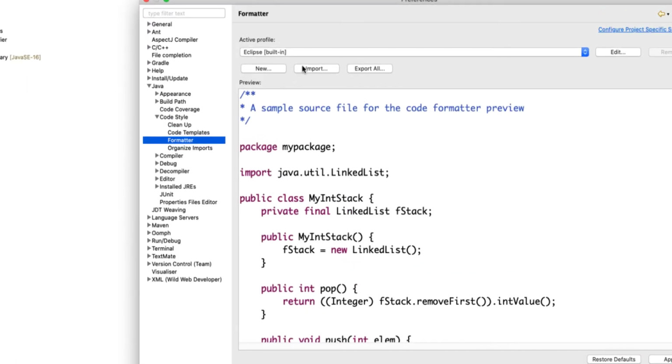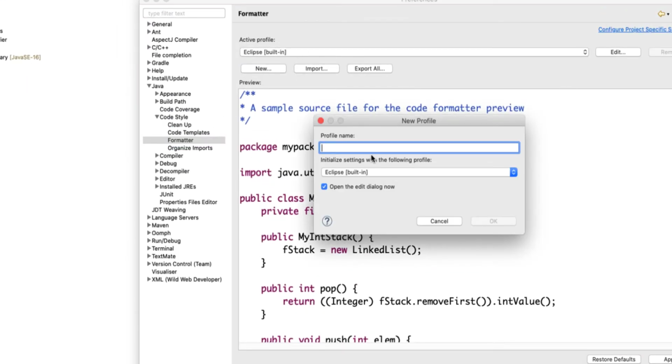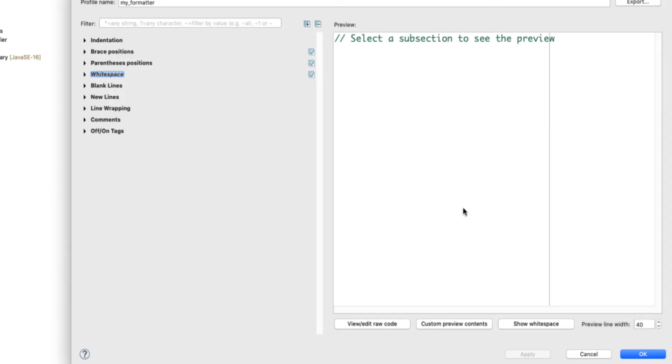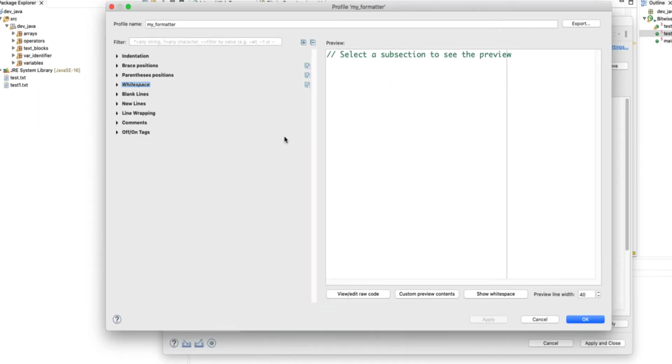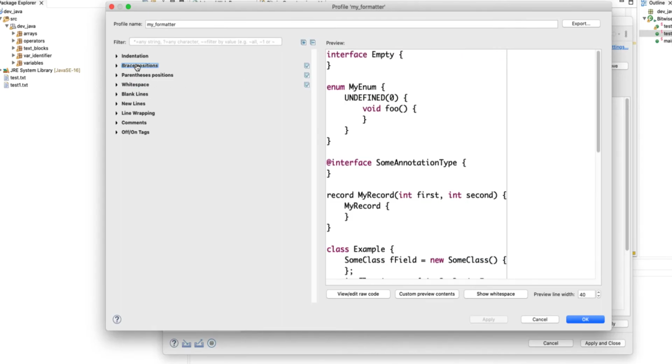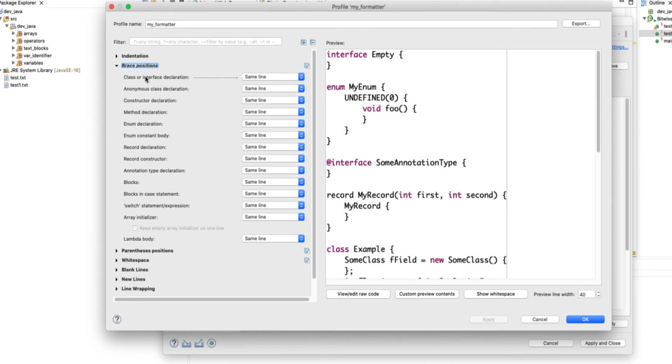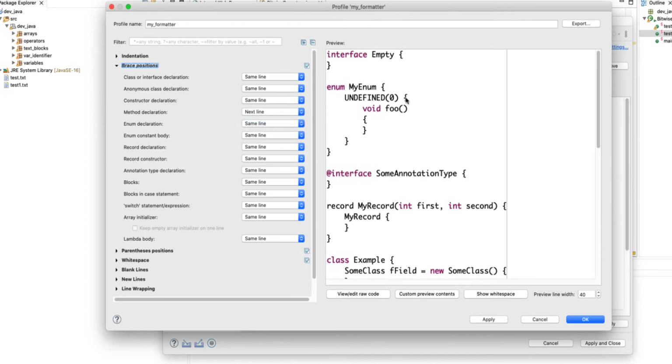And to show you, for example, let's create a new formatter. I'm going to say my formatter, and then it says initial settings with the following profile. So I want to start with the default settings, right? And then I want to, let's say, go to brace positions, right? I want to say what happens with the method declaration. I want to say that whenever I have a method, put the